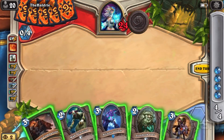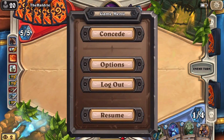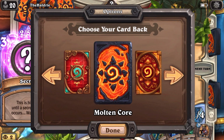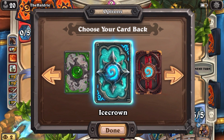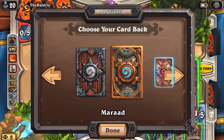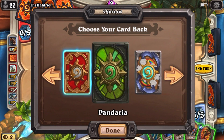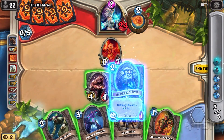Actually, let's go into the options menu real quick and just show how some of those pieces have changed. So we obviously have the concede there, but there's the biggest thing here, if you're familiar with the desktop version, the card backs are all kind of in the initial options menu. Here we can choose a card back, and I can flick through all of my beautiful card backs. It seems like a little missed opportunity here that this isn't a swipe. It's notable that it's specifically done by the arrows. A touch interface, it's the same with the iPad, just the touch interface would lend it really well to scroll through that way. But it's nothing that can't be fixed with a patch, and I suppose if they get enough feedback about certain things...